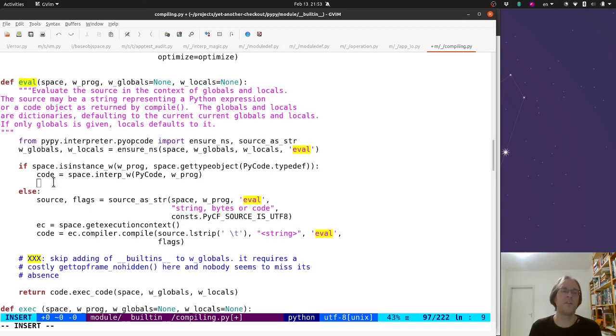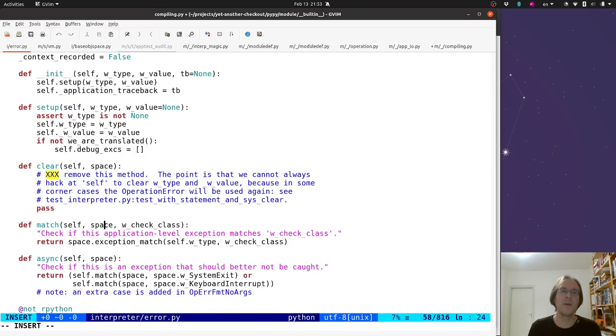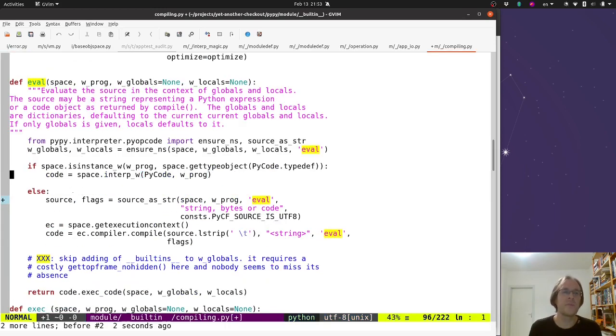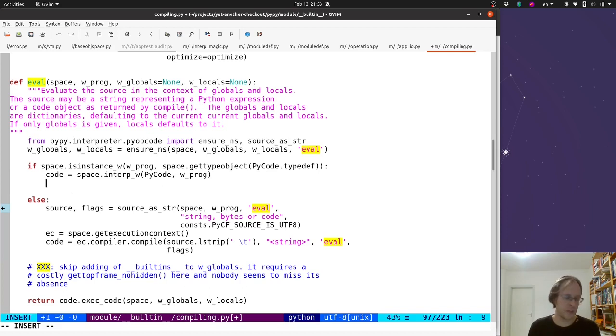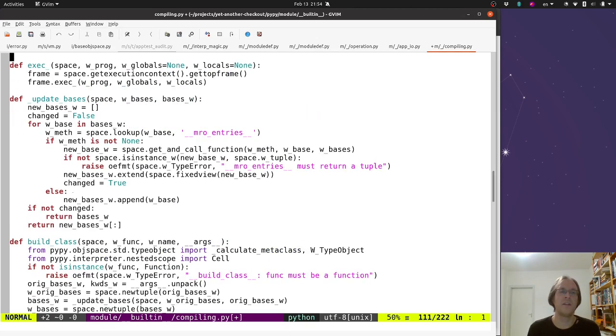So we want to do, oops, what's going on with my editor again? Here. Would help if I wouldn't just press random keys. Space.audit exec, comma, wproc. Right. Here, and then exec